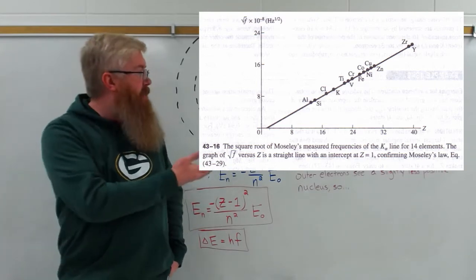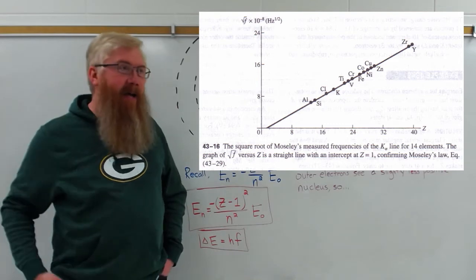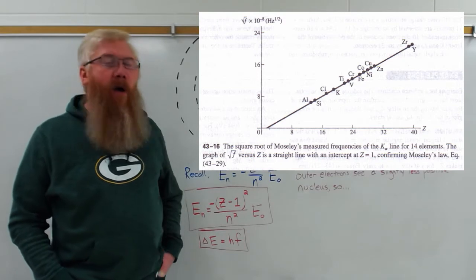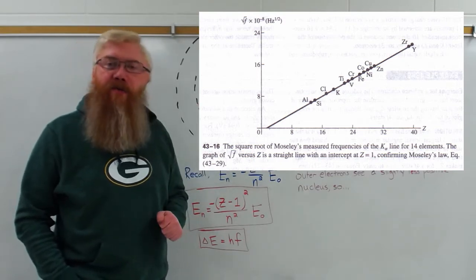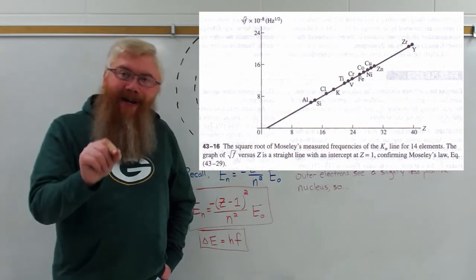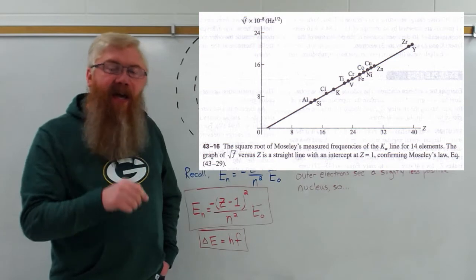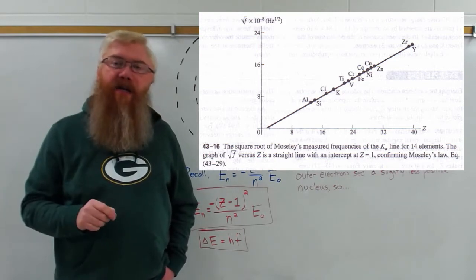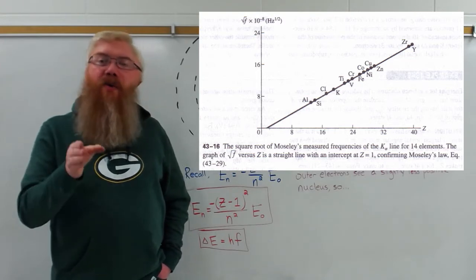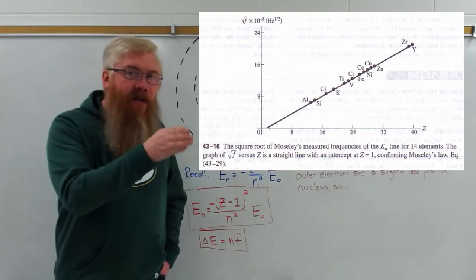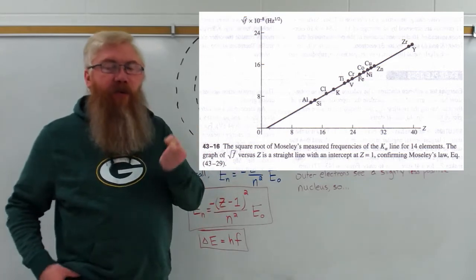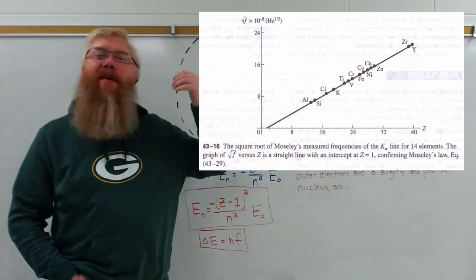They didn't have this analysis. So Moseley, back in the very early 1900s, devised this method whereby crashing electrons into a material and seeing what X-ray photons come out, you can very directly measure the frequency of the K-alpha line, or the square root of the frequency of the K-alpha line tells you how many protons are in the nucleus. So you can specifically measure, for aluminum or for copper, how many positive charges, or protons, not electrons, are in the nucleus